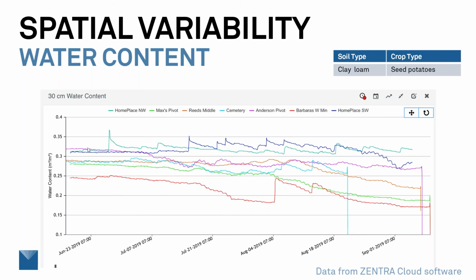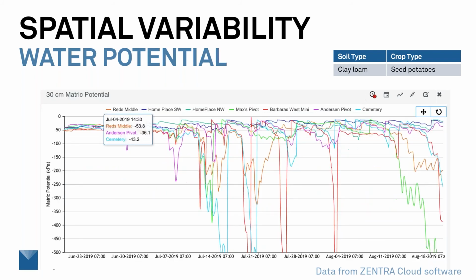Why does that happen? Well, it's really a function of soil type. And it's something to remember when we go and install water content sensors, that they're not all going to read the same. They're going to be reading differently, and so we need to be able to set full and refill points based on the soil types and not just based on a specific value. If we want specific values, we might decide to use water potential.